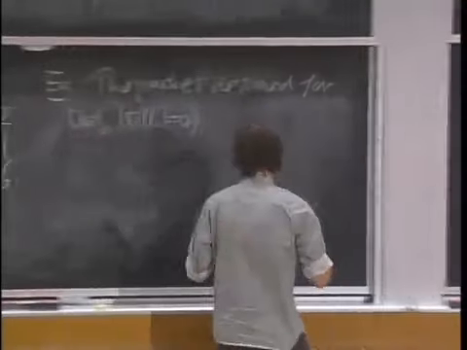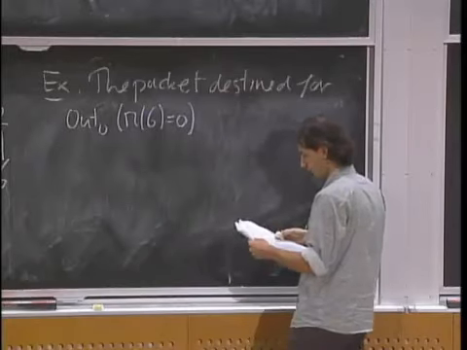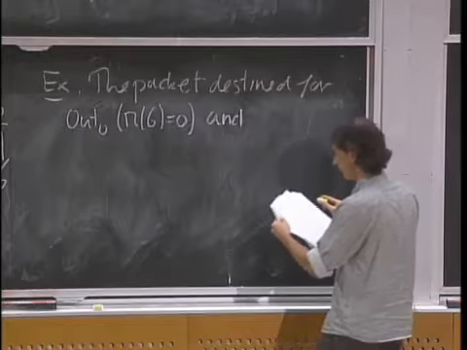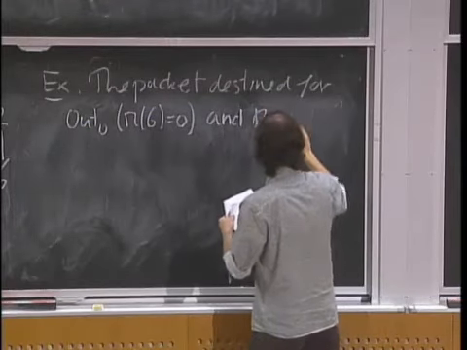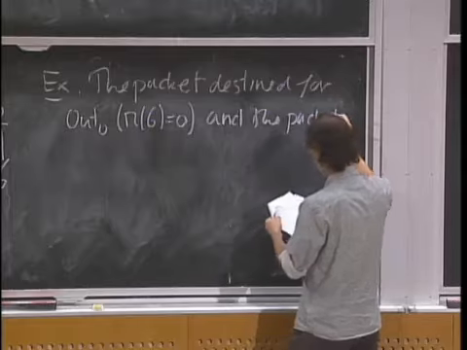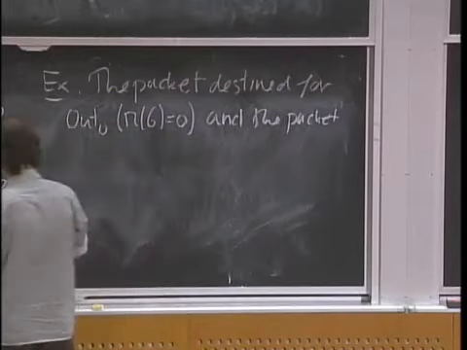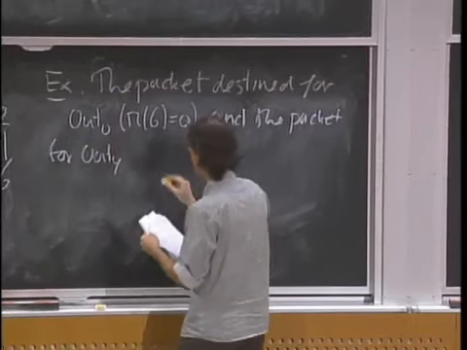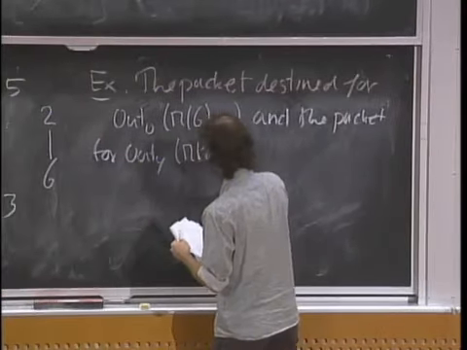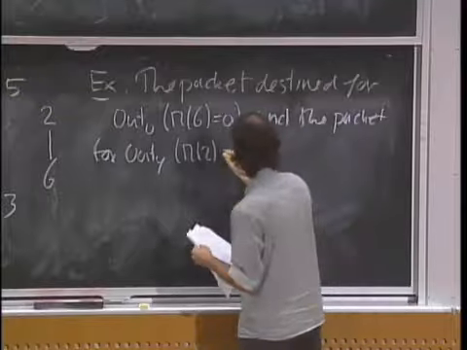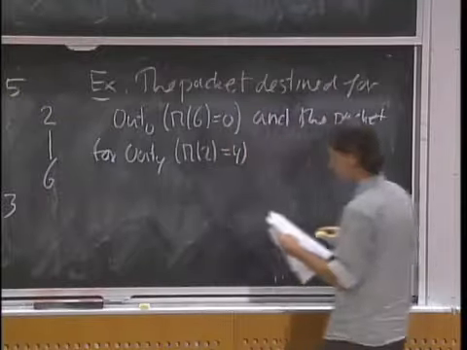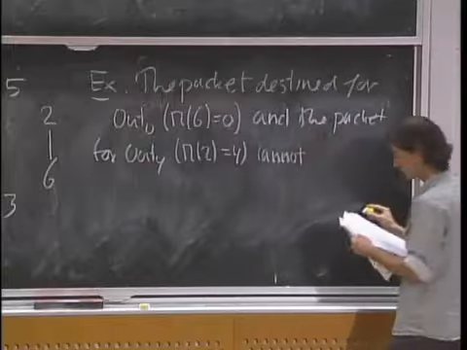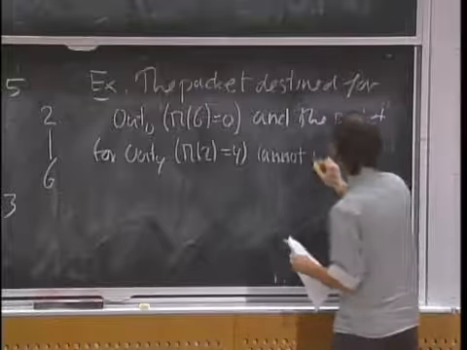So this packet, and also the packet for output 4, which is, if you look at the mapping, pi of 2 is equal to 4, so that's packet number 2. Well, both of these packets